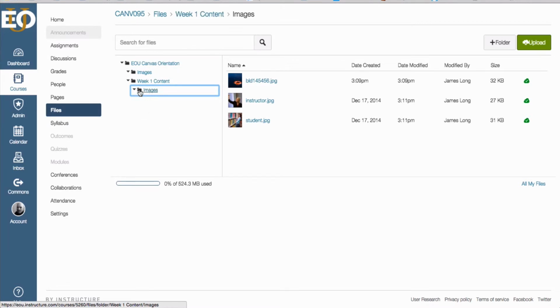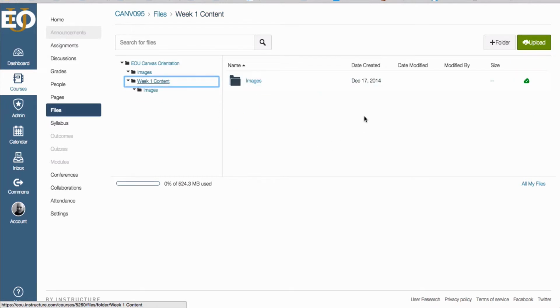So what I'd like to do is delete this images folder. To get rid of this folder, I need to go to the containing folder, which exists in the Week 1 content, because I need to be able to see it over here on the right-hand side of the interface. So now that I'm in the Week 1 content containing folder, I can see that images folder that I want